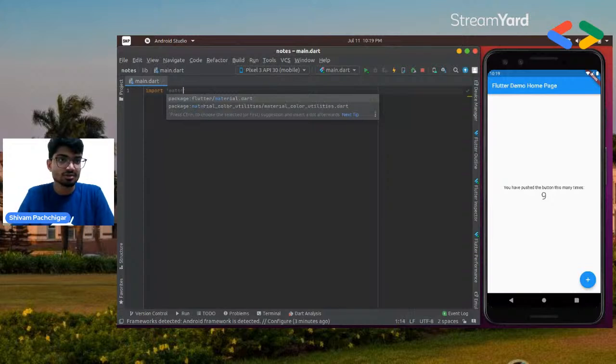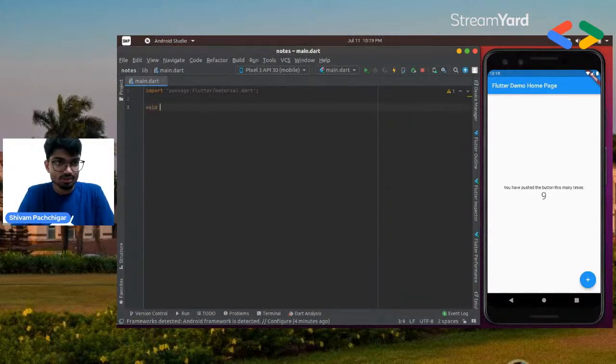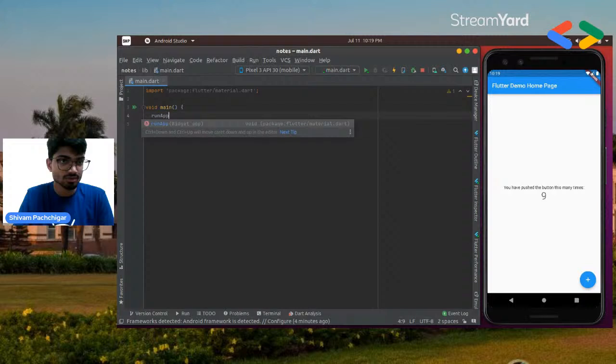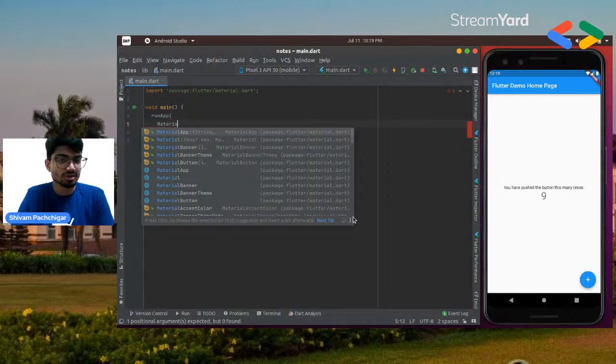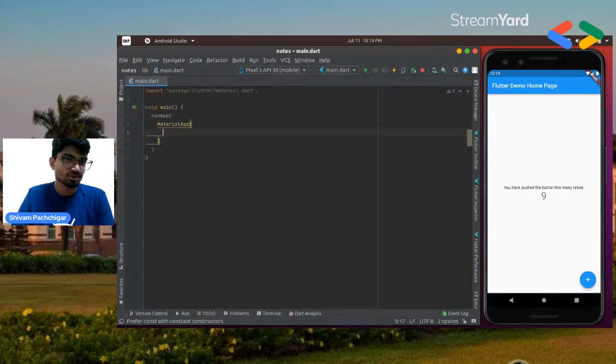So first of all, I will import the material library, and then I will create a main function. Just like C++, Dart also starts executing from the main function. So yeah, keeping that. And then as said, I will just pass a material app widget in a run app